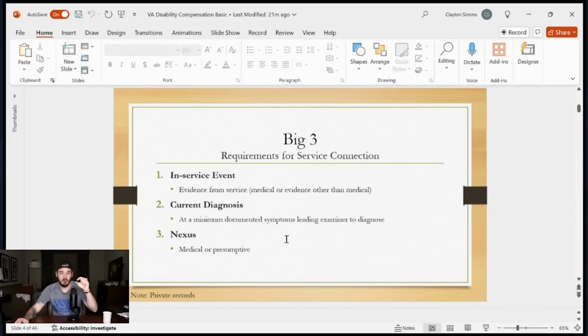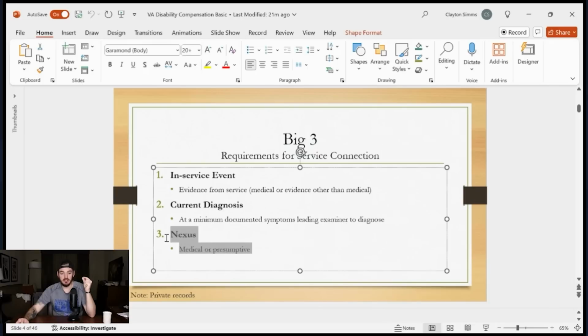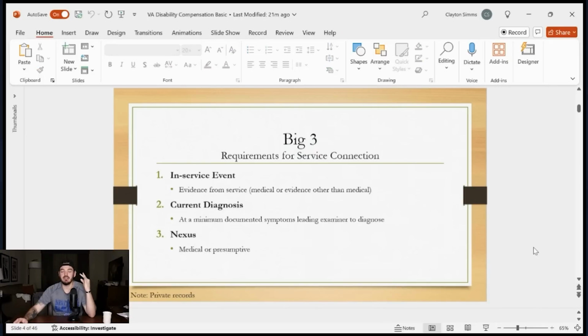for VA rating purposes. And the third thing, most important, is the Nexus. The Nexus links your current diagnosis to that in-service event, okay? Extremely important. Your in-service event becomes the foundation for the Nexus to be made. Without a current diagnosis, there's no claim. No diagnosis, no claim. So the in-service event and the current diagnosis become the foundation for that Nexus, which is